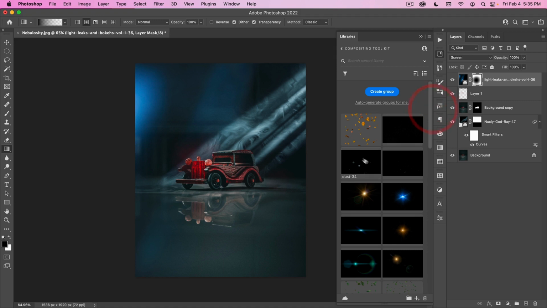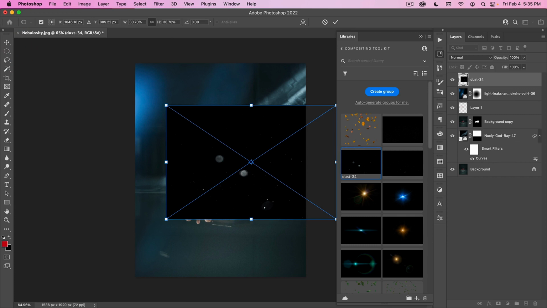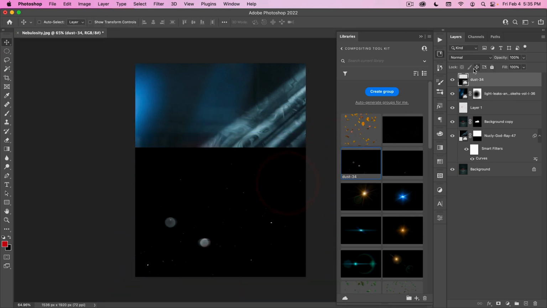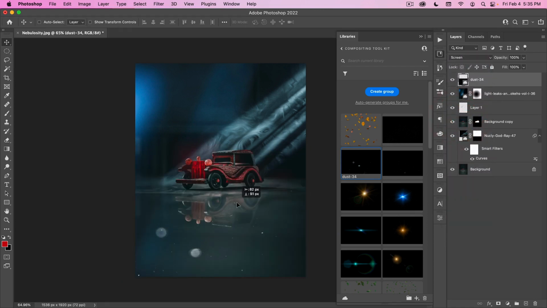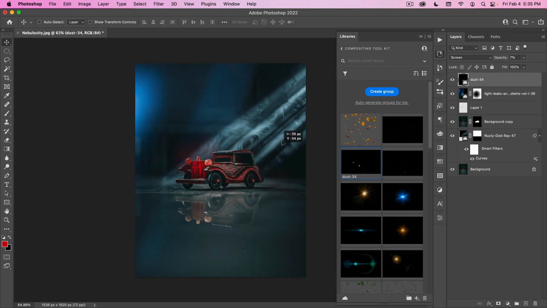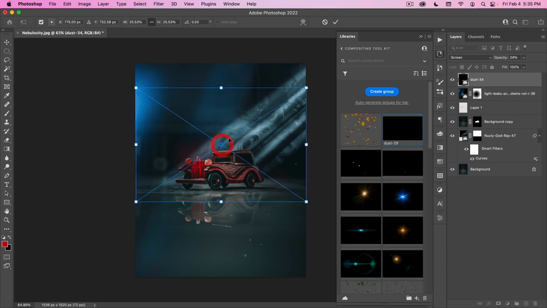And then the other thing we have is this dust. And for something like this, a little bit of dust will actually help kind of get rid of this dead space down here. So we just put some dust here, put that on screen, maybe take down the opacity quite a bit. It's just going to help kind of sell this illusion here. So something like that, maybe a little stronger, kind of like this one here. So something like that, and then maybe this other one too.